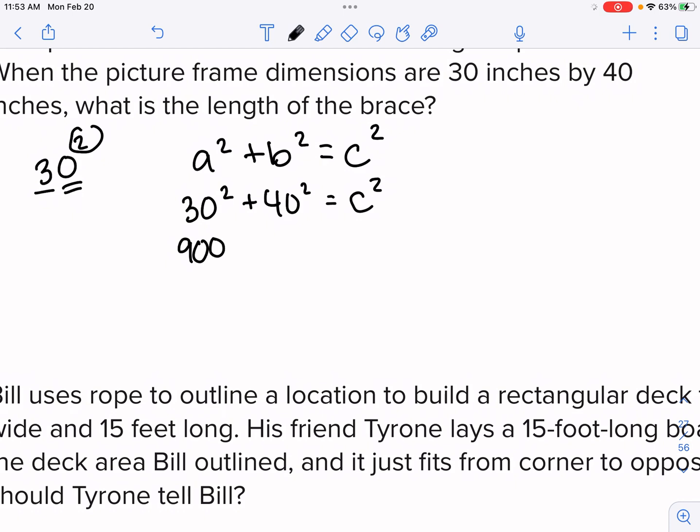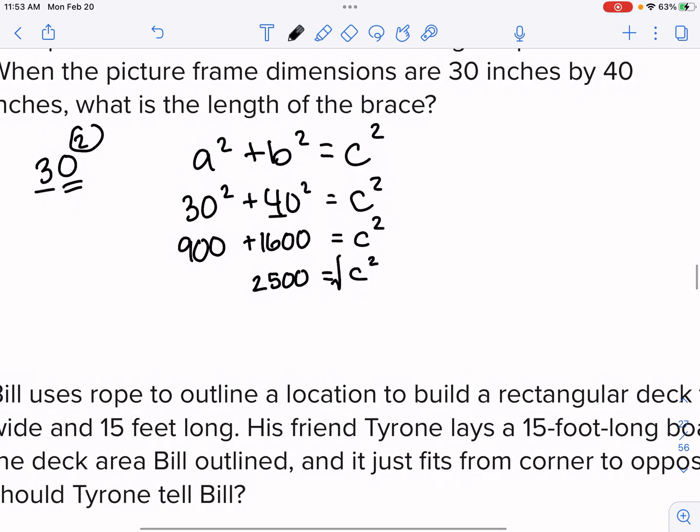So try it for 40, right? What do you think 40 squared is? I'm going to square the 4, which is 16. 4 times 4 is 16. And I'm going to put 2 zeros. And this is equal to C squared. Now we add, right? This will equal 2,500. And at this step, we know to take the square root of both sides